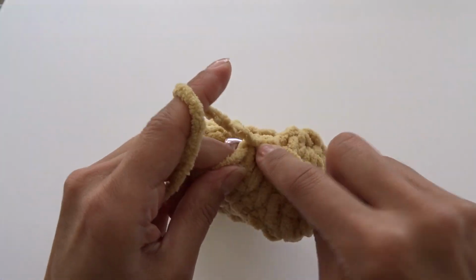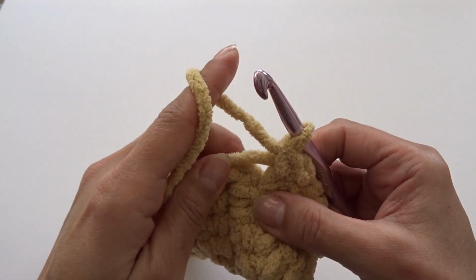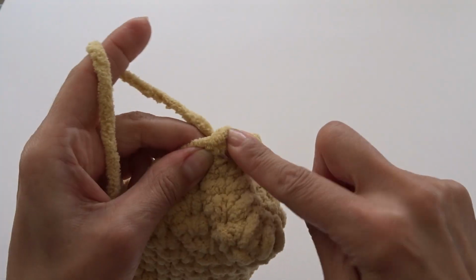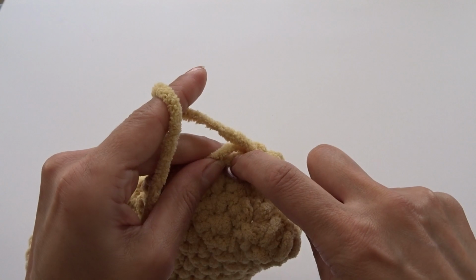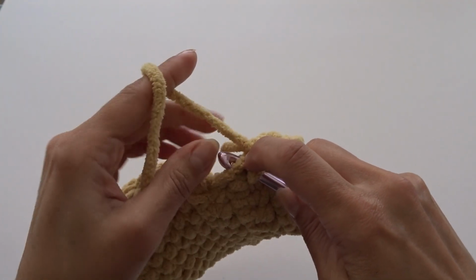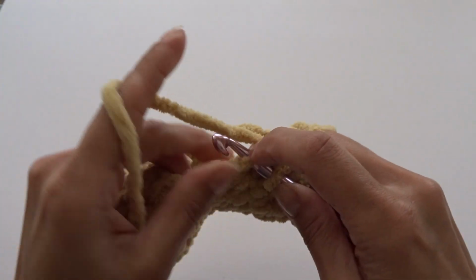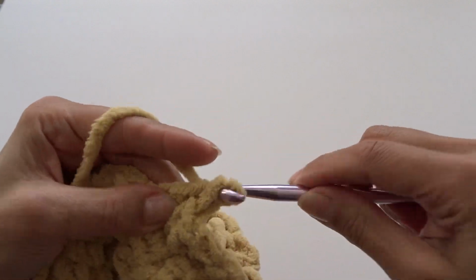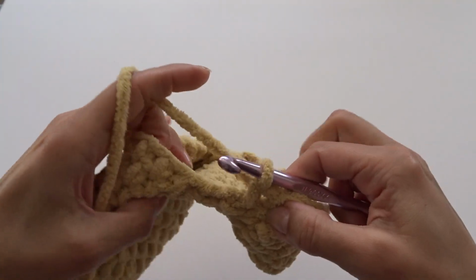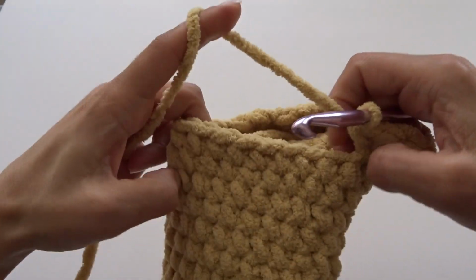I'm just going to go into the next stitch and work 1 single crochet. I want to be able to work 7 single crochets, so that's what I'm going to do here. So that was 1, 2, 3, 4, and I'm working my yarn tail in, so I'm holding on to it. 5, 6, and 7. Here so far I worked 7 single crochets, and that brings me to this side right here, the front,